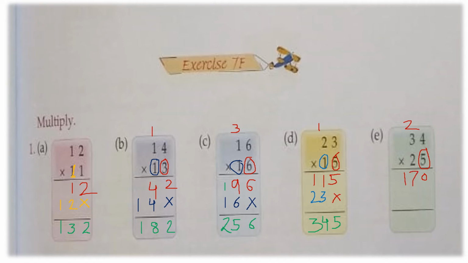Then what you have to do, put a cross here. Now leave this space. Now the number at tens place is 2. You can see. Now 34 multiplied by this 2. Now 2 fours is 8. Write down 8 here. Then 2 threes is 6. So 6 here. Now you have to add the products of ones and tens.